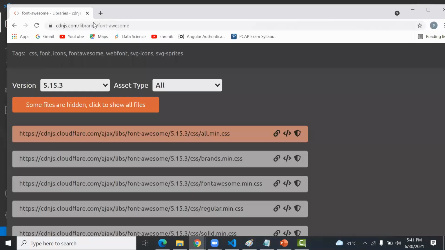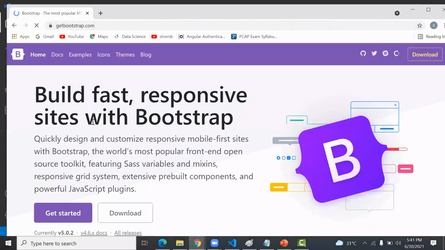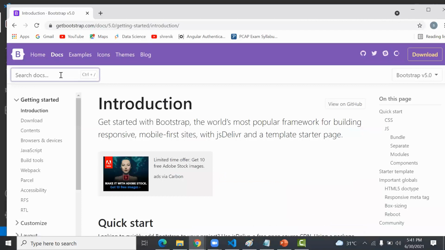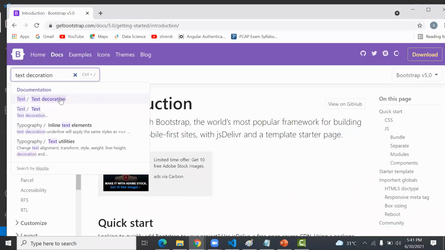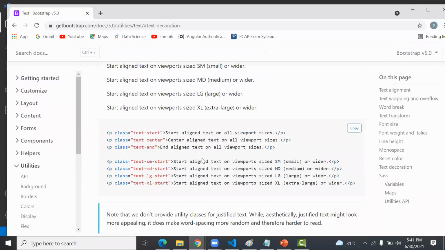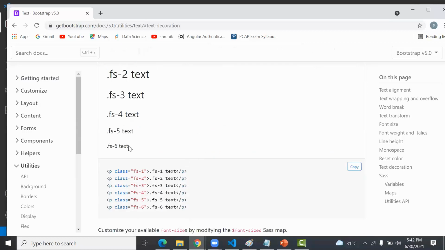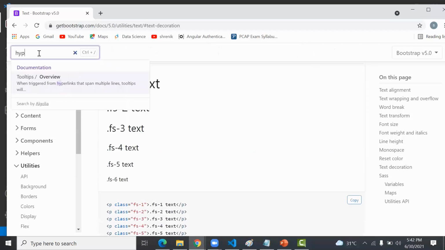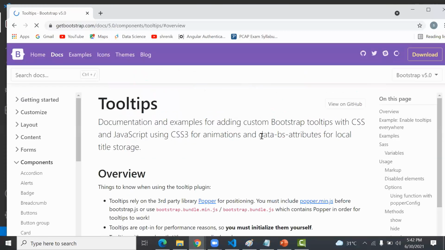If you search Bootstrap, then go to the home page, and there you search for text decoration. Okay, there you will find some anchor tag related classes. You can even search hyperlink. For hyperlink also there are some classes.